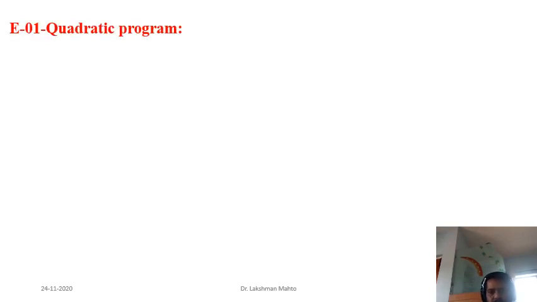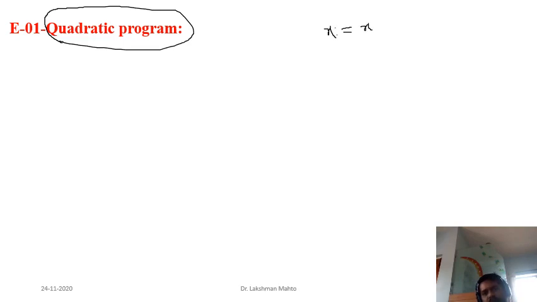Okay, so coming to the recap of descent method with line search, I would like to take a few examples. The simplest one is the quadratic problem. You are already familiar with two kinds of descent technique. One is gradient descent, where the update is defined as x plus equal to x minus t times the gradient at the current point x.